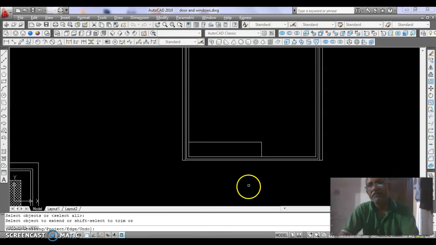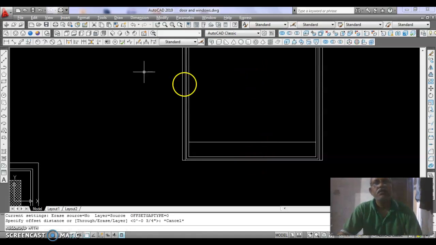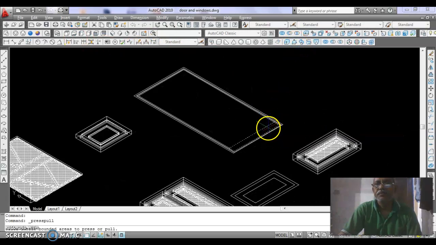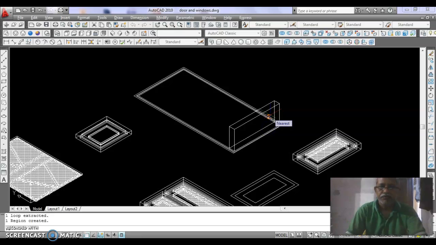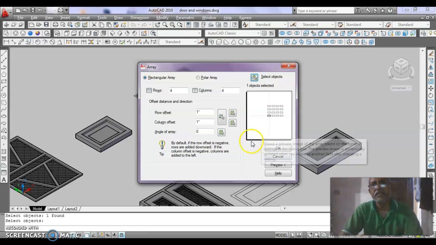then extend this line to the right side and erase the helping line, then offset, then go to southwest isometric and press pull this by 0.5, enter, and go to conceptual visual style, array, select this strip, then rows should be 16, column should be 1, and row offset should be 6. Then okay,